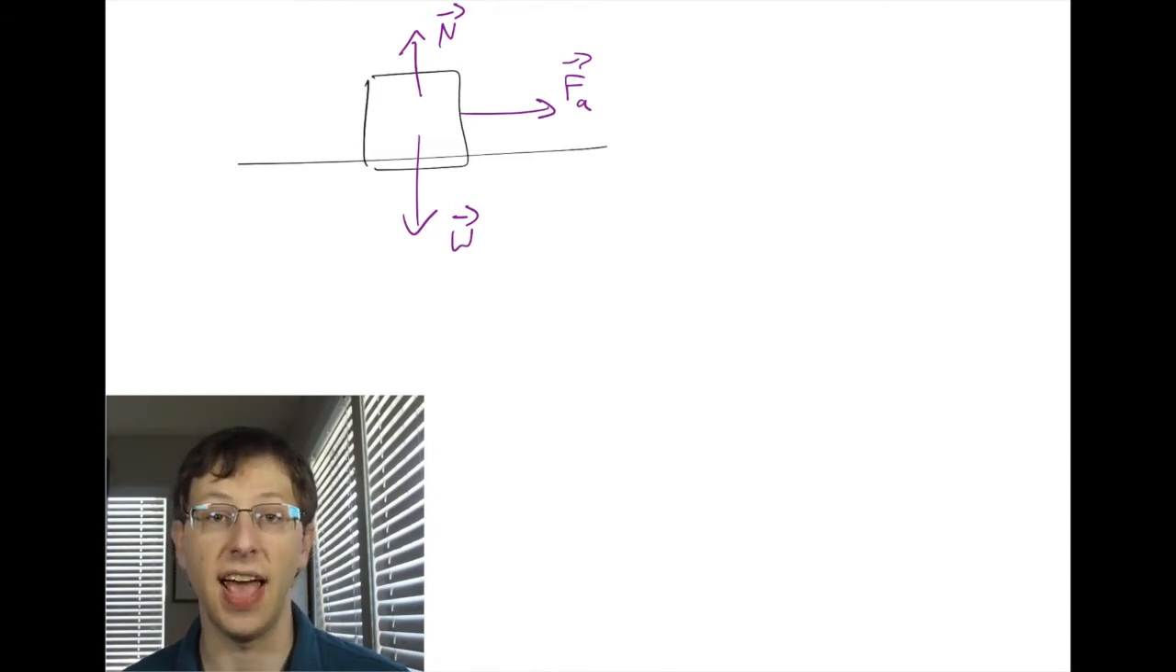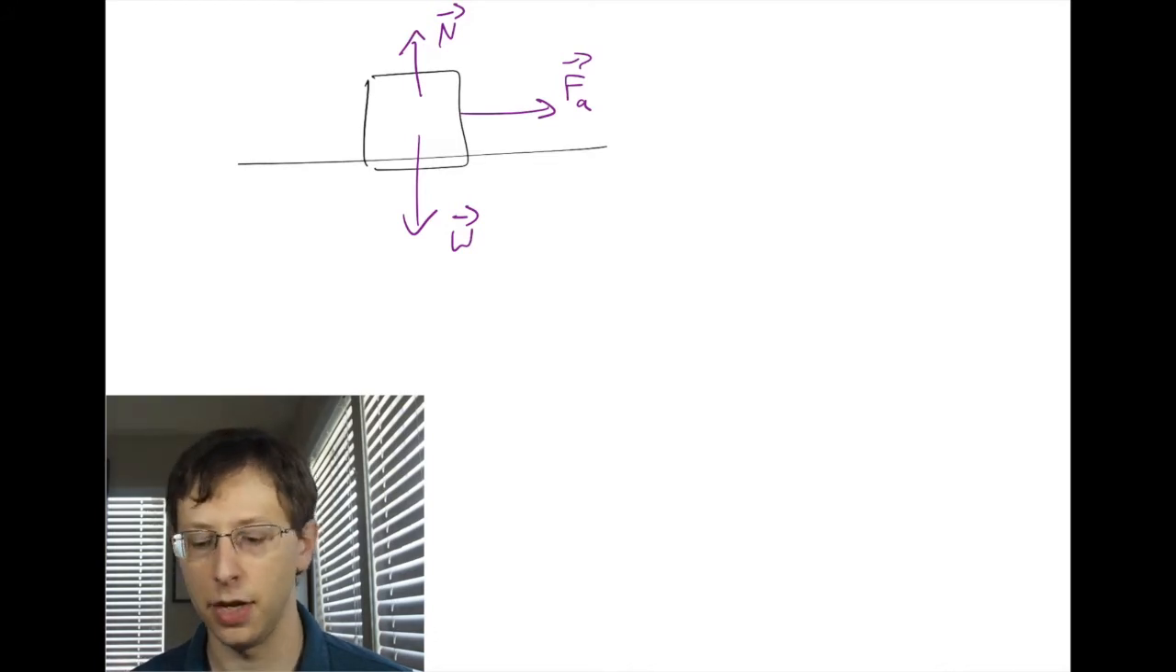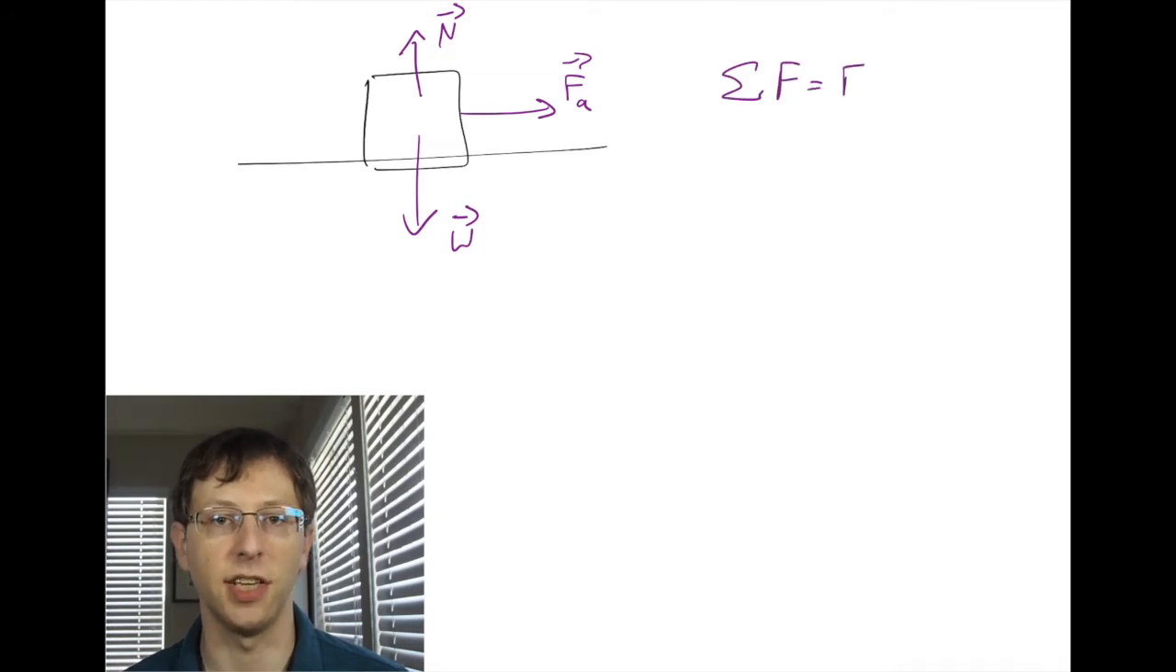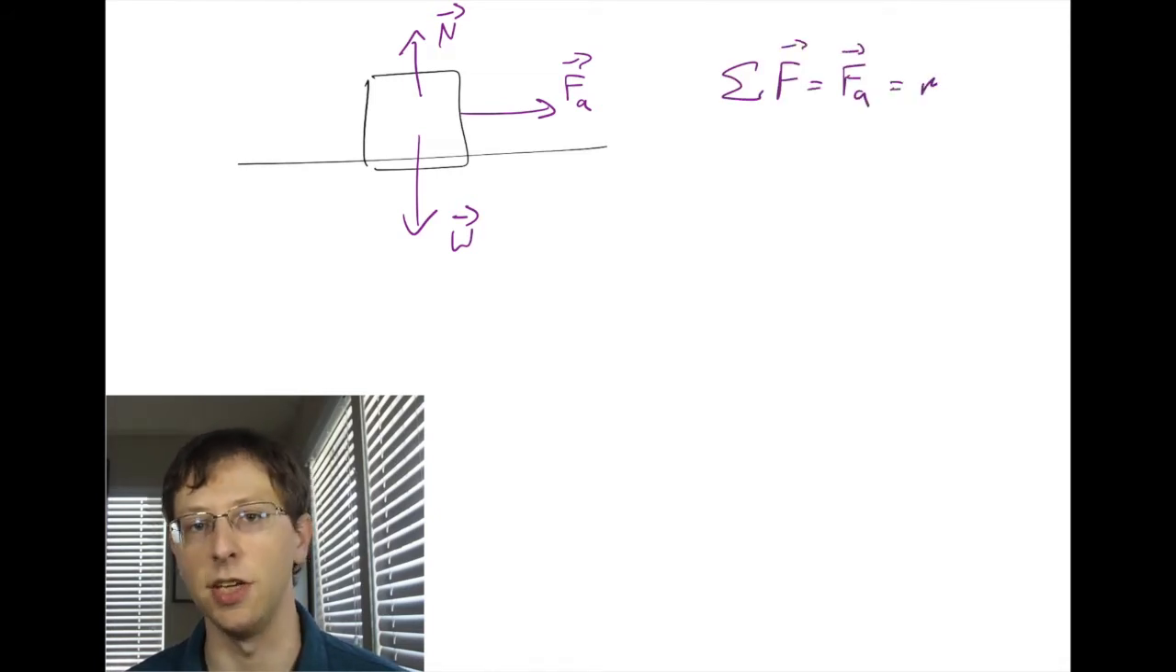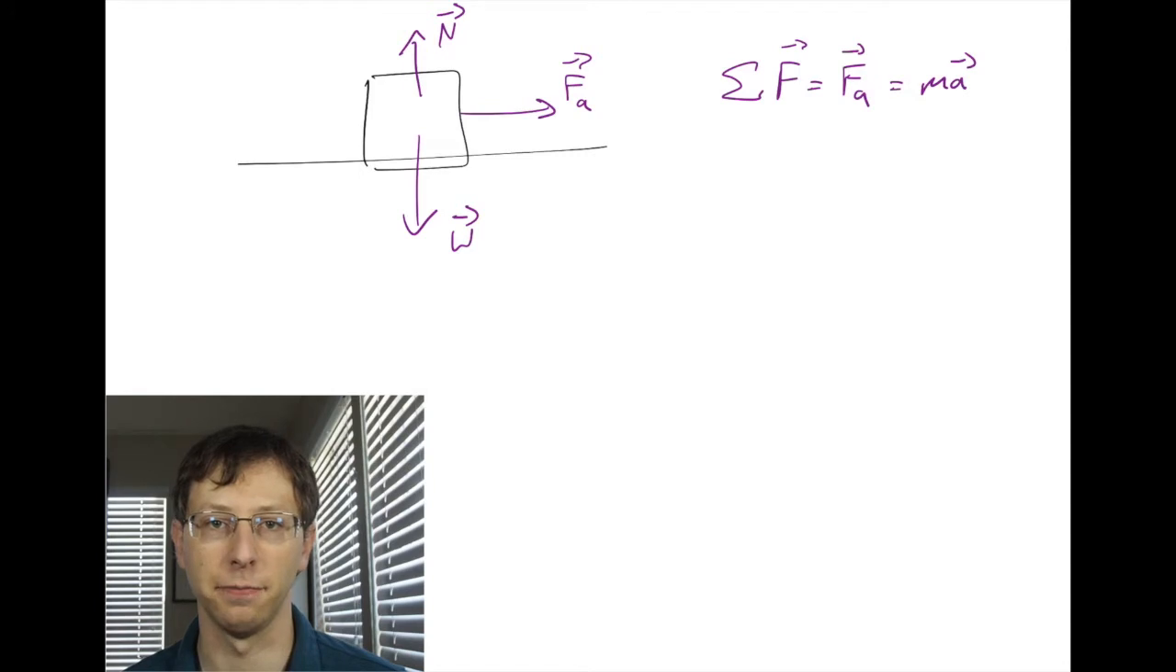So that means that the angle between the force and the displacement is going to be 0 degrees, and cosine of 0 would be equal to 1. So we can ignore the cosine part of the equation. Using Newton's second law, the sum of the forces is just equal to that applied force, and that's equal to mass times acceleration. And then if we look at the work integral,